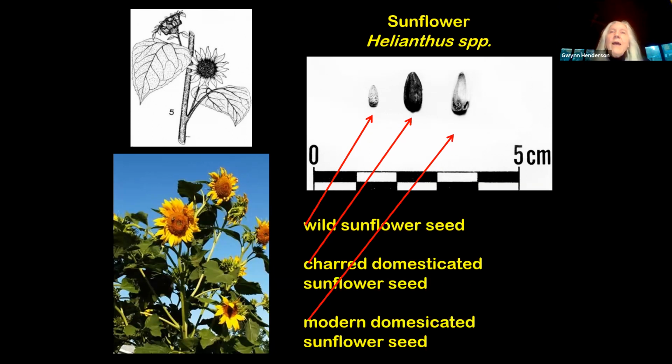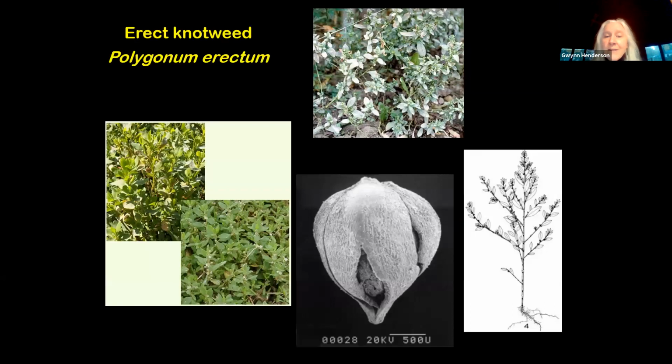It's not like Egypt or anything like that. There are two contexts in Kentucky where uncharred plant remains can be preserved, and that is caves and rock shelters. Sunflower, erect knotweed,